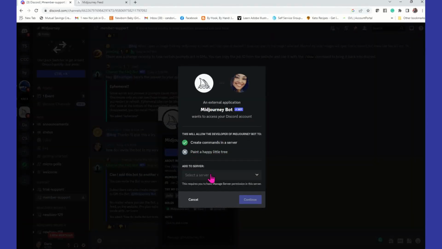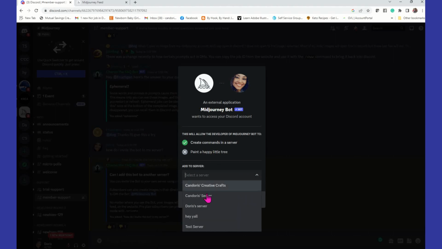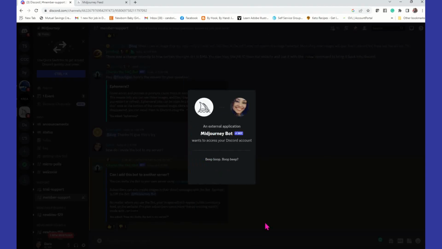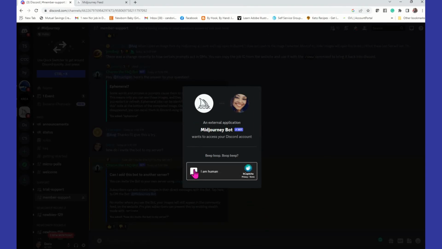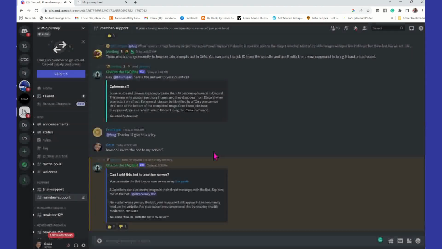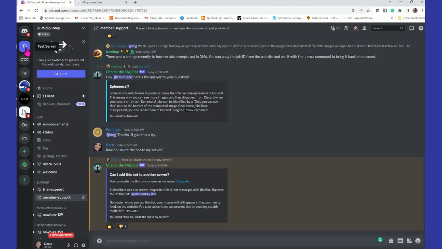When you click add to server, you're going to make sure you use this drop down arrow, and you're going to select what server you want to add the bot to. So we're going to add the bot to the test server, and we're going to hit continue and then authorize. You're going to select I am human, and now you have authorized that bot to communicate with you on that server. So now when we go back to the test server,